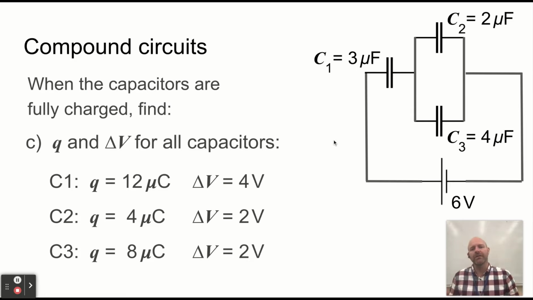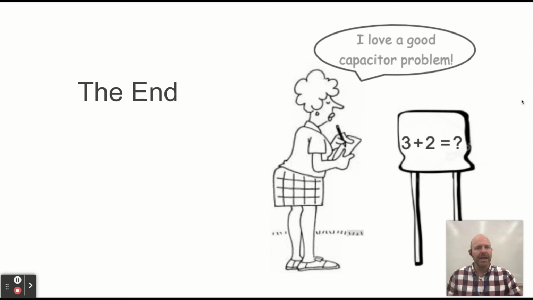So now we have all of our values, the loop rule, the junction rule. Really, the loop rule here is still safe, and we haven't violated any fundamental rules of physics. All right, so that is